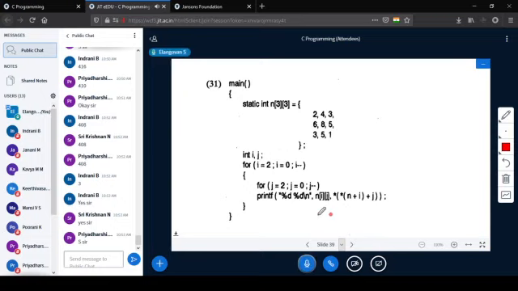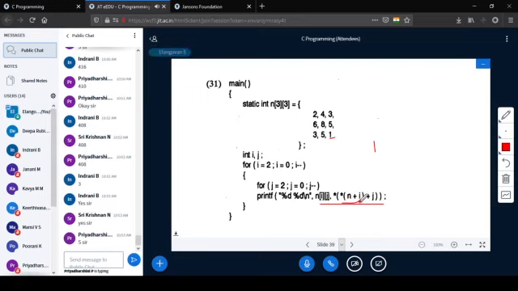I am skipping this. There are 2 loops inside, a nested for loop used to print it. I is 2, j is 2, and we are printing n of i, j. So 2 comma 2 is 1. First one is printed, then the second value is star of n plus i plus j. So what is this first? n plus i.